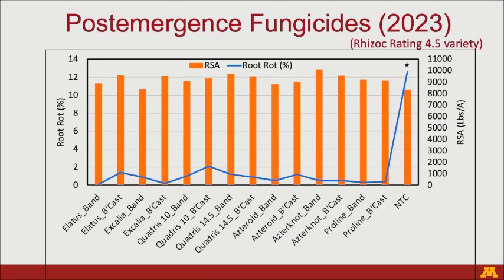But again, when do you apply? Between 4 and 8 leaf application stage, right? So earlier we were tracking 4-inch soil temperatures. When it reaches 65, you're doing it. But right now, just go with your leaf stage. But if your variety is a little bit susceptible to rhizoc, or you have a field history, try to get it earlier than later. Shoot for 4 to 6 leaf stage compared to 6 to 8.